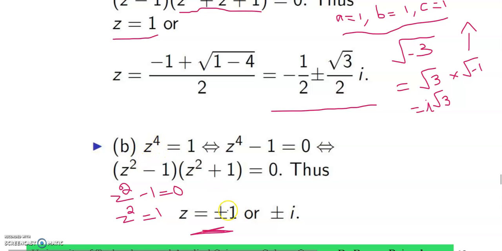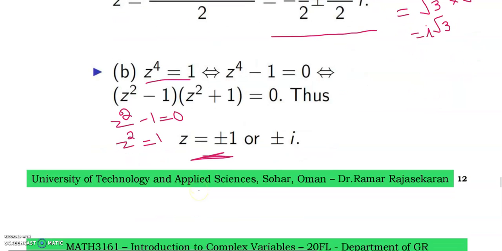Here degree is 4, so 4 values: plus 1, minus 1, plus i, minus i. So you can find 4 values of this complex equation. Now